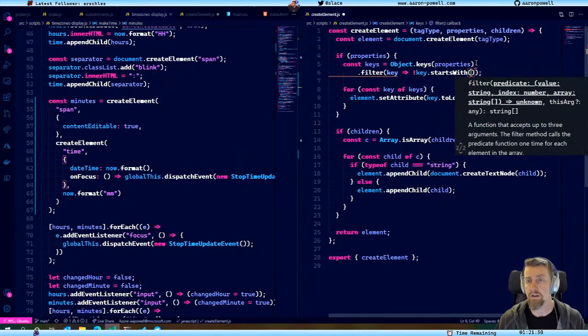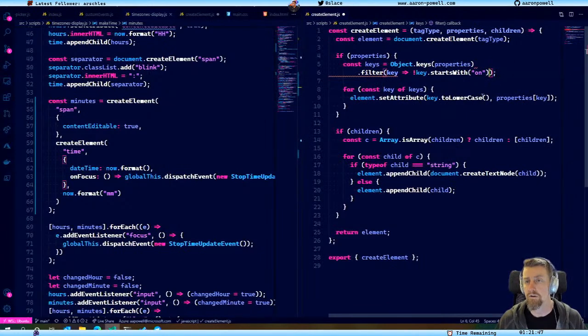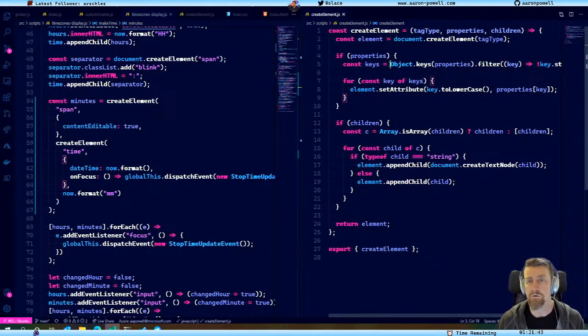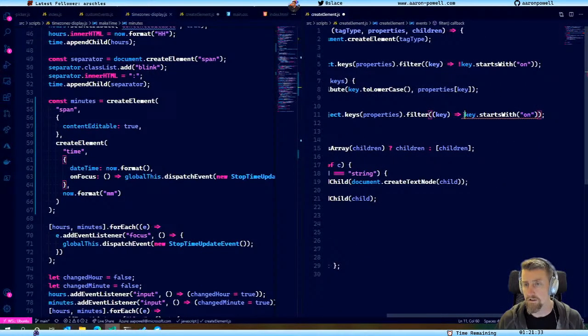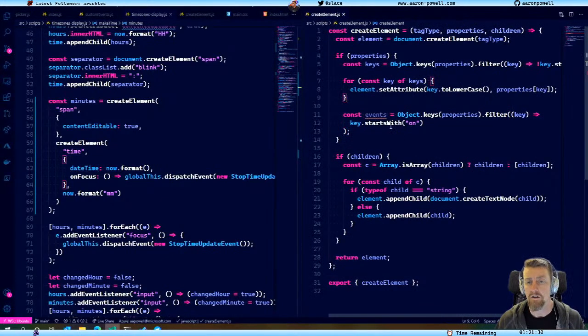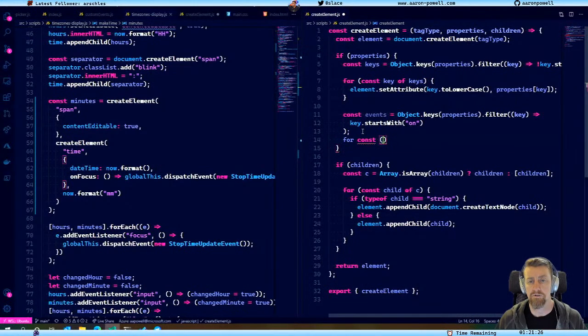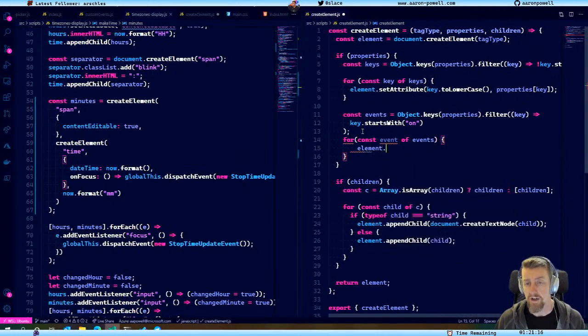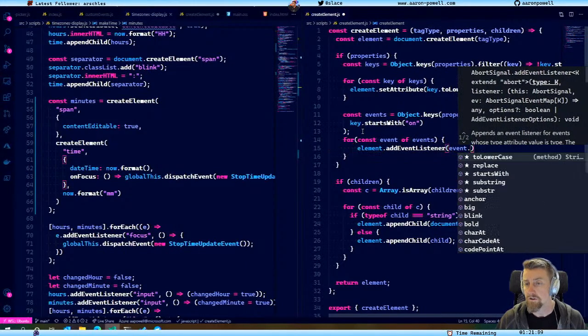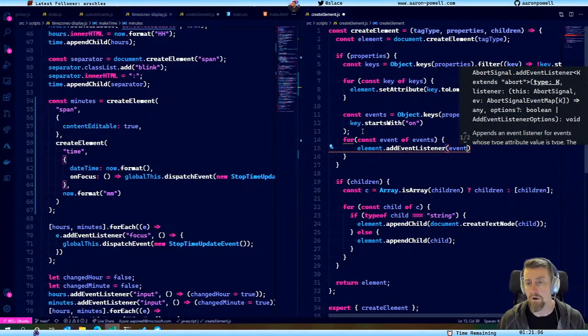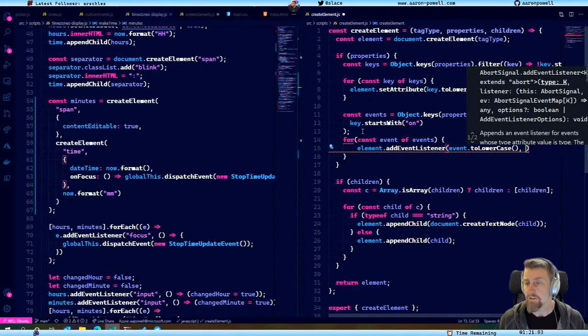Key dot starts with on. So where it doesn't start with on. And then we'll do the inverse. And we'll call that, instead of keys, we'll call that events, where key starts with on, and then for const event of events, element dot add event listener, and that will be event dot, actually, yeah, we go dot to lowercase, and then